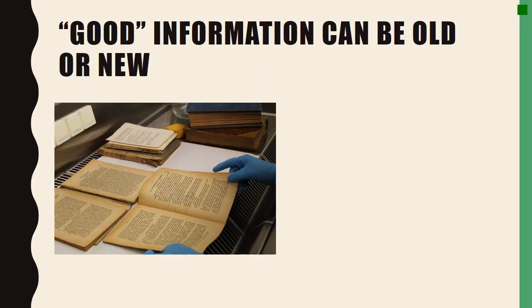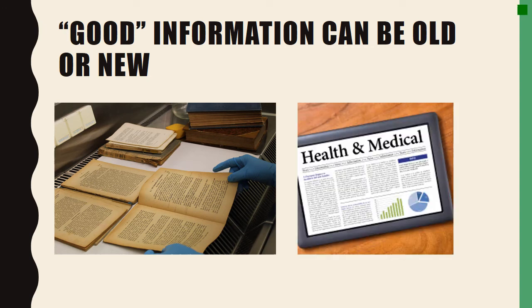Old information can be good if you are looking for primary source documents like personal diaries to learn about a historical event. On the other hand, new information is good when you want up-to-date scientific or medical research. In recent years, we have seen outbreaks of the diseases Ebola and Zika. News reporters explained that the world lacked recent research on these diseases. Unfortunately, the old information about these diseases did not provide enough knowledge to the doctors and scientists working with the outbreaks to properly address the situations.